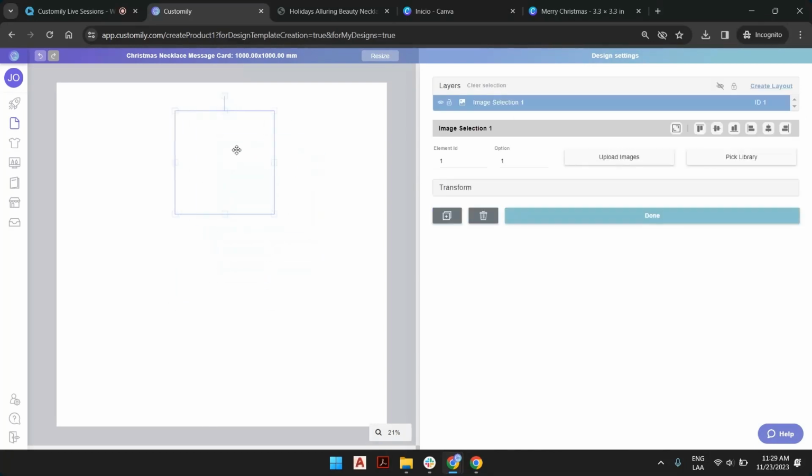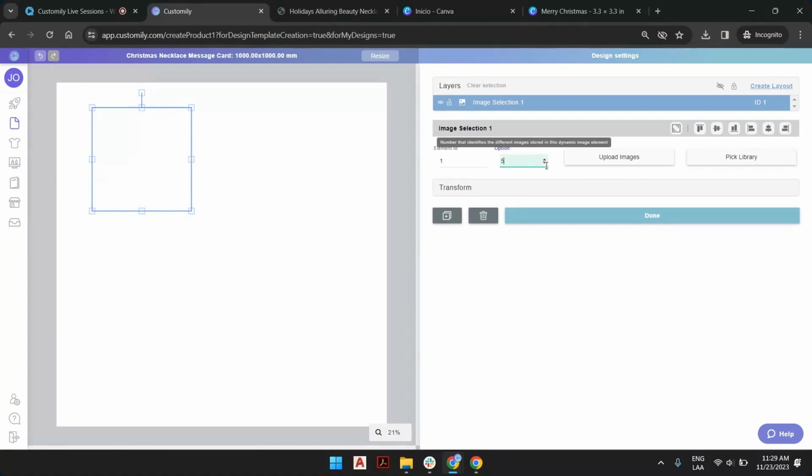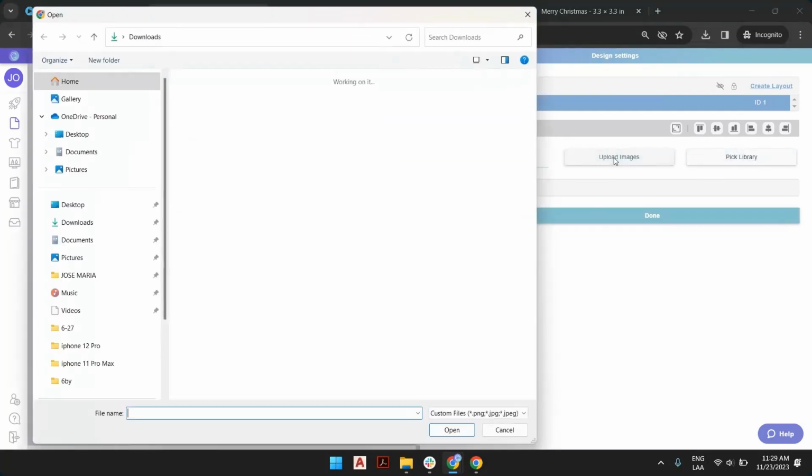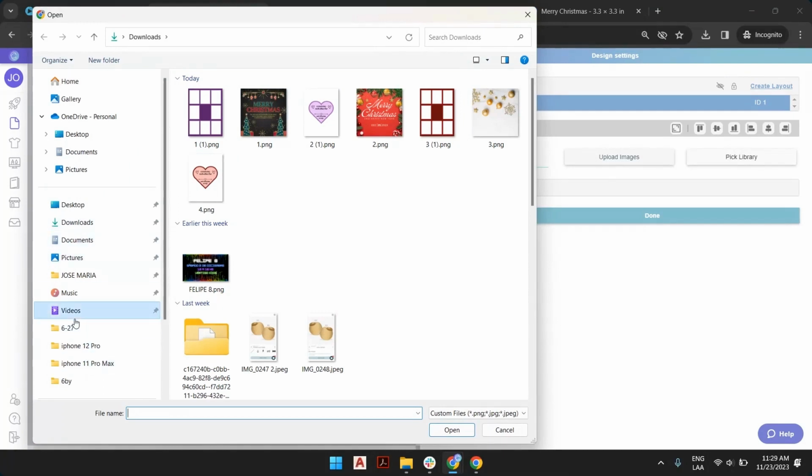That's why you have 4 small pictures as an icon. So in here, this dynamic image will provide an image selection. It could be one image, which is going to be like a background, or it can be multiple images, and you'll be able to browse through them if you go to different options. So what we're going to do now is go to the first option and upload images from our computer. If you later want to add them to a library, you can also pick a library directly. But let's go straight to uploading images and looking for those